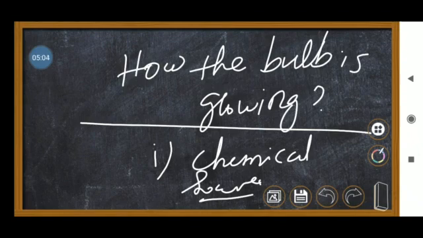Same way, just imagine, in front there are a lot of people, and behind also a lot of people. One person applies heavy force to the person in front, which means that person is going to push another person. Likewise, the chain is continuously moving. Because of that, continuous movement will happen.